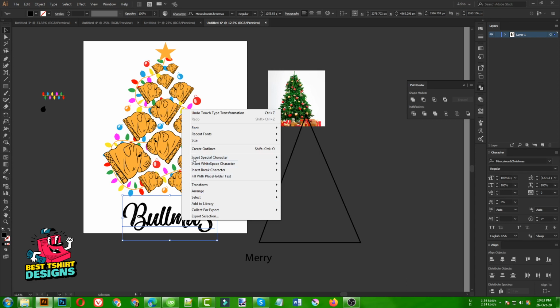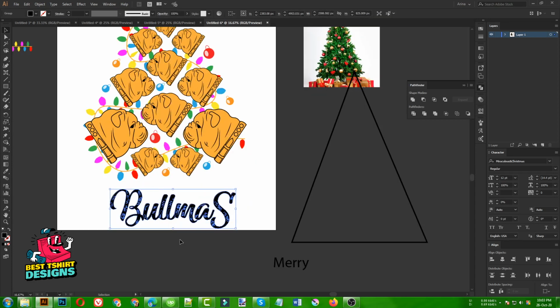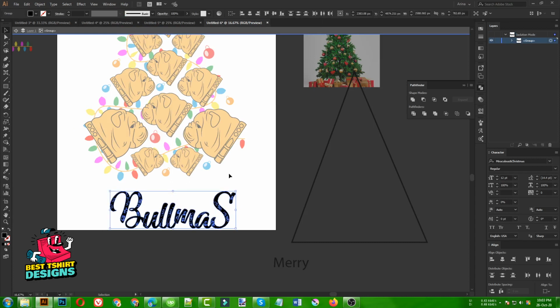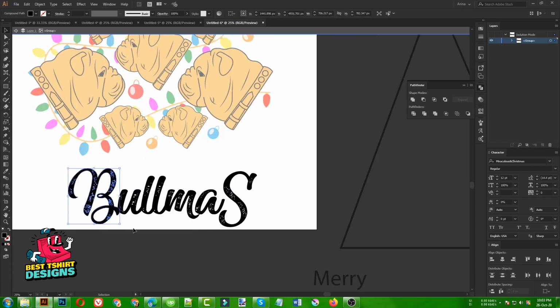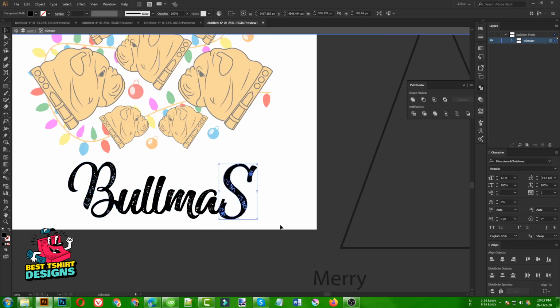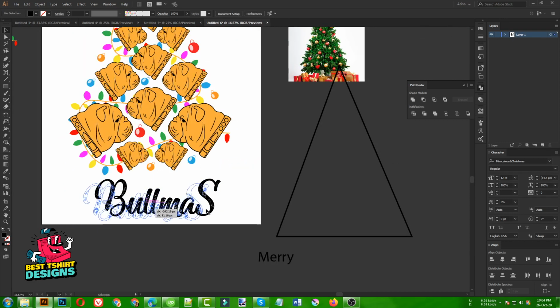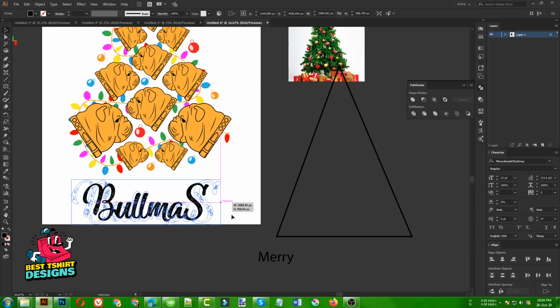Now I need to expand it. I don't need that as a font anymore. So let's double click here to select everything from here. Then if I align them at the bottom, it will look like this. Okay, that is not looking very good, but I can fix that by taking my B a little up. This is really important for adjusting the kerning of the text, and this is the easiest way to do that. So that is good.